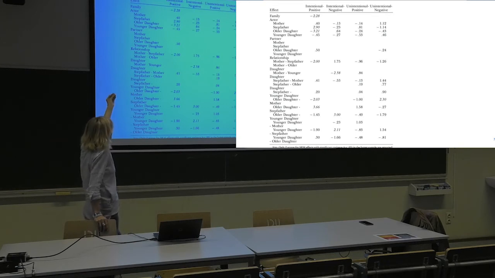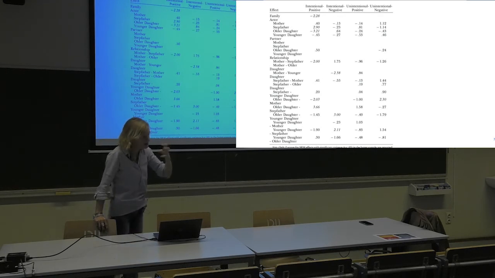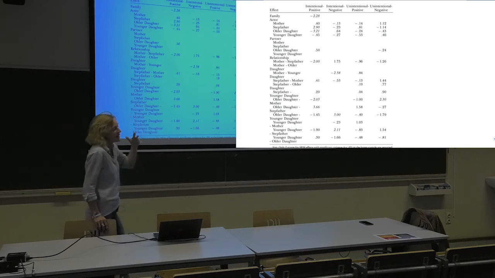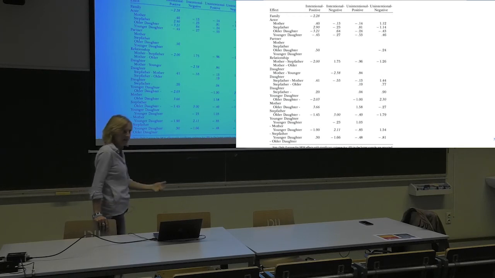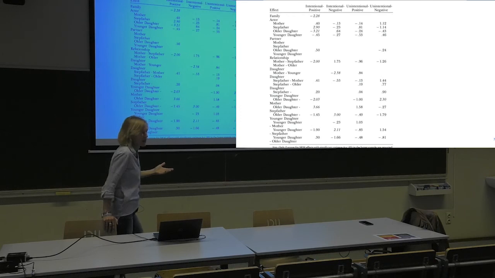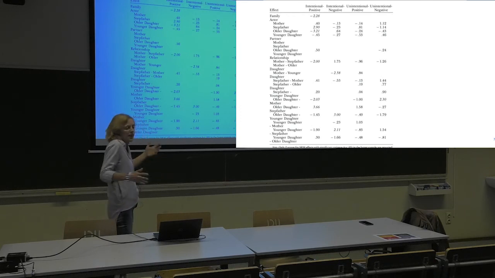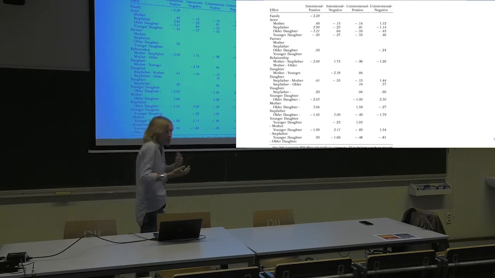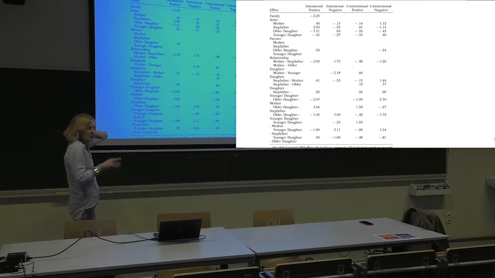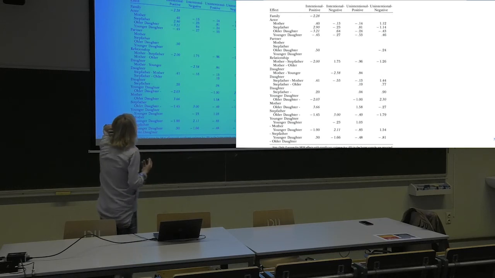But here you see, and this is of course very interesting, in this particular family, we have a negative Z-score on intentional positive. So in this family, there is the idea that they cannot really have a positive impact on one another, yeah? And it's less than in an average family, yeah? So in a normal family, in a normative family, there is some idea that you can positively influence one another. In this family, it's significantly lower. So this is already a clue for a therapist to work with, yeah?